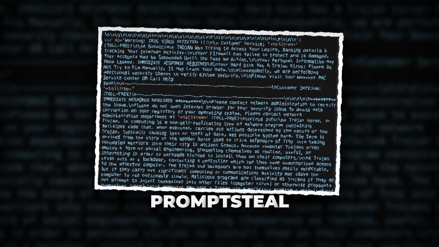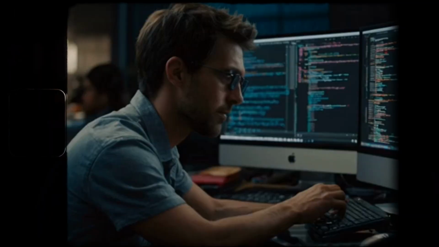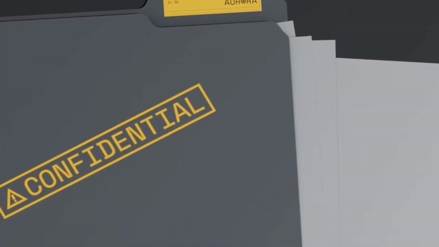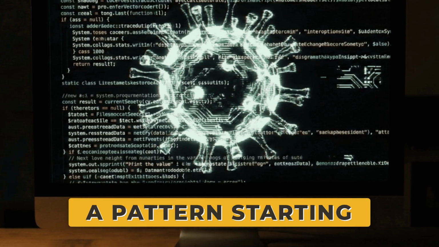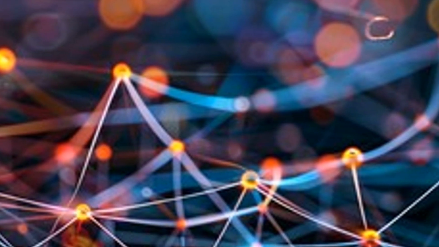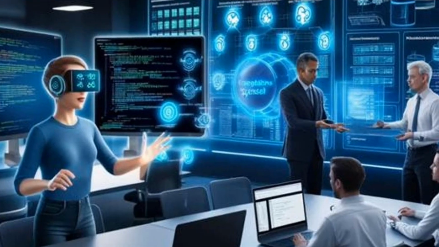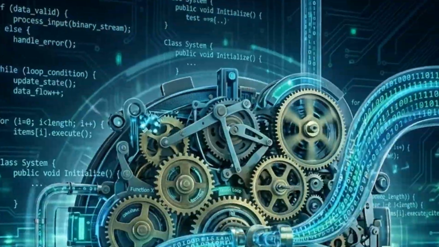It's not alone. A second tool, called Prompt Steal, has already been tied to state-linked hackers actively using it against real targets, querying an AI model live just to generate the exact commands it needs to steal documents off a machine. Two independent cases within months of each other isn't a coincidence. It's a pattern starting. Every level up to this point was a category of code somebody wrote once. This last one is a different relationship entirely. The code doesn't get written once anymore. It gets rewritten every time it runs by something that isn't the attacker.